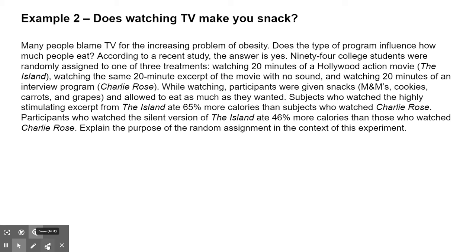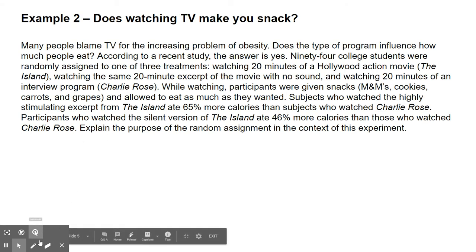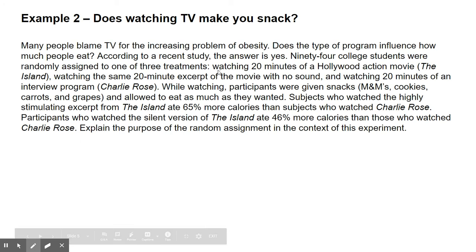much as they wanted. Subjects who watched the highly stimulating excerpt from The Island ate 65% more calories than subjects who watched Charlie Rose. Participants who watched the silent version of The Island ate 46% more calories than those who watched Charlie Rose. Explain the purpose of random assignment in the context of this experiment. So again, the idea is, does the fast-paced Hollywood action film, with the sound, make you eat more than a simple interview program that's not very action-packed? So we're going to say, memorize the purpose